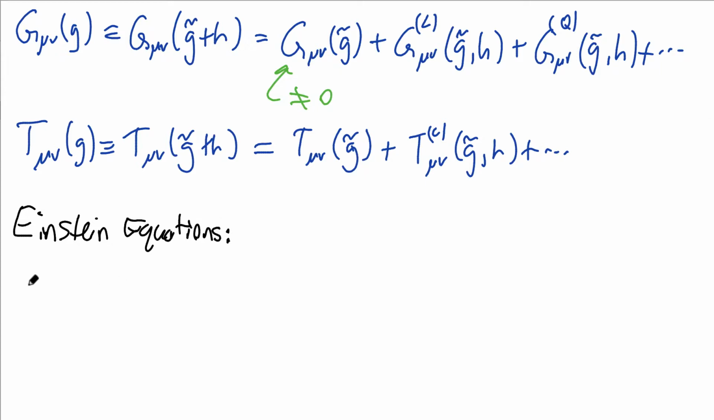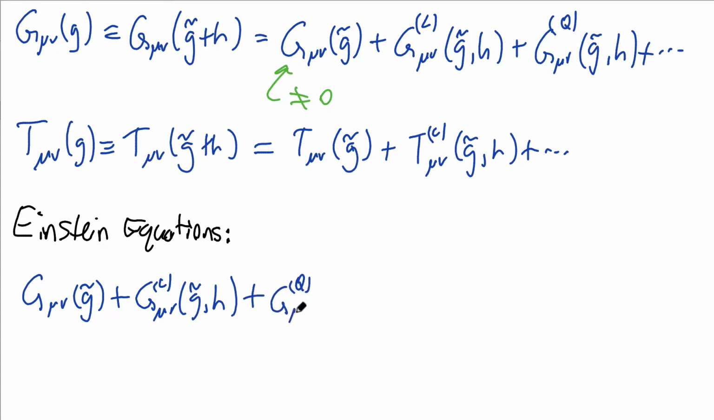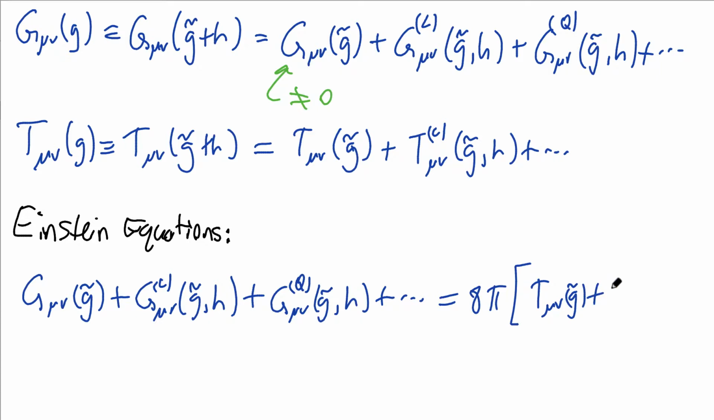We have G mu nu of g tilde plus the linear terms plus the quadratic terms, and then there are higher order terms. That's equal to 8 pi times the stress energy momentum tensor. That's T mu nu of g tilde plus linear terms, and so forth. Now we're going to drop these higher order terms, which are cubic and higher in the perturbation